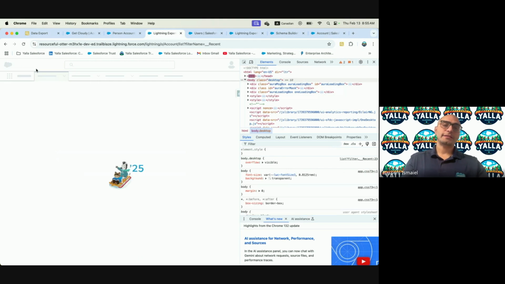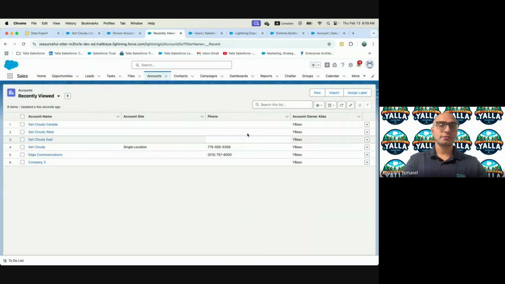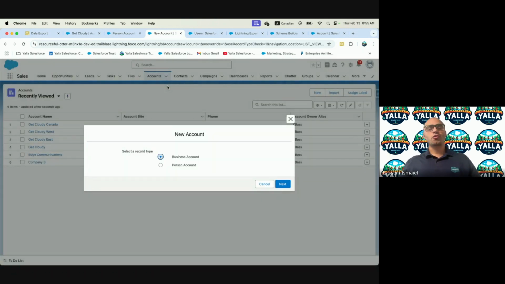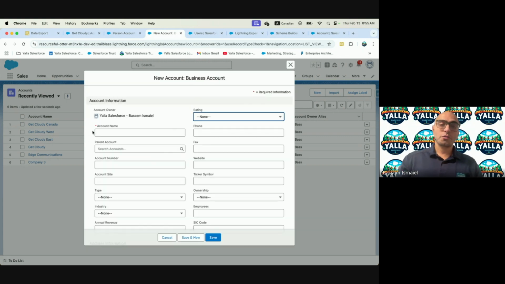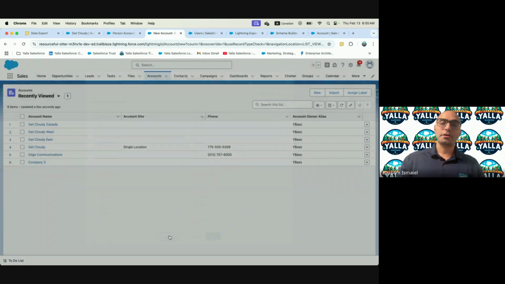Right click, inspect, empty cache and hard refresh in here. And now new account showing me the beauty of business account and person account. Business account, which we are all familiar with, where you're going to put account name and parent account to the screen, we are all familiar. But